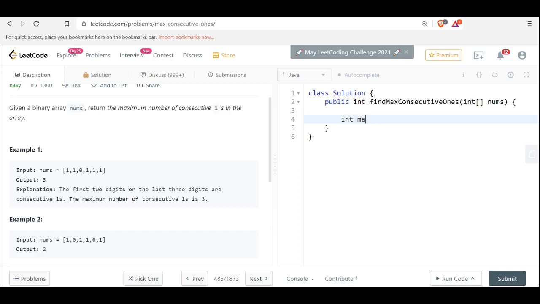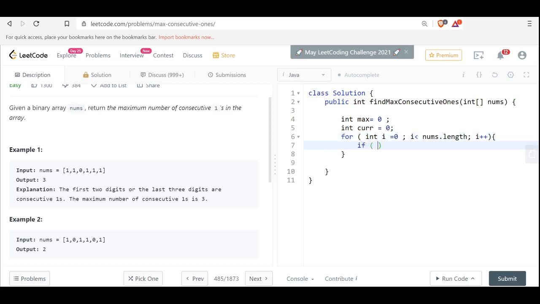So I have max equals 0 and current equals 0, and I will do nothing in the initialization, and i equals 0, and i plus plus.